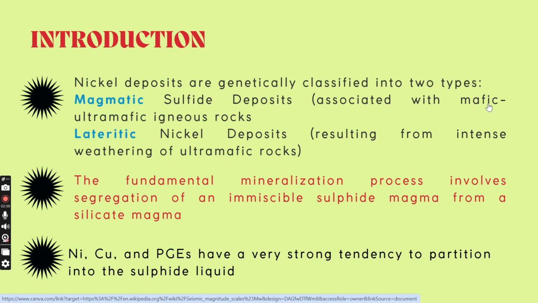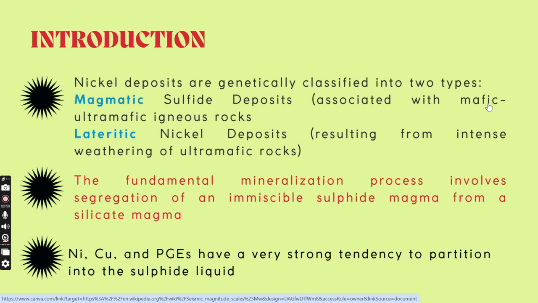So the overall fundamental mineralization process involves segregation. Fundamental means we will be discussing magmatic first. Lateritic is a later process. So let us first discuss magmatic sulfide, in which the fundamental mineralization process is mainly related to segregation of